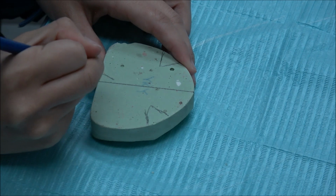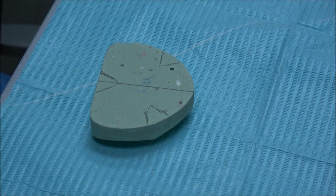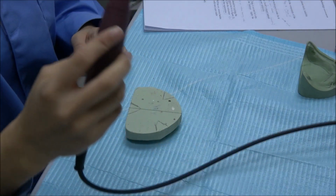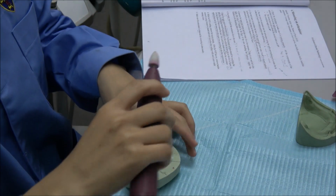And then in the middle. So okay, we start trimming. We are using our pink stone to trim our models. So we trim, follow